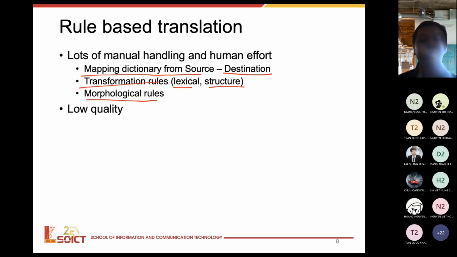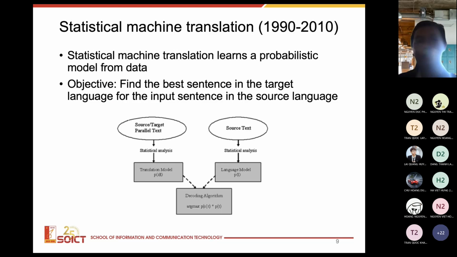And one important thing to remember about this approach is the overall quality of the translation system is not as good as human translation. It has a lower quality than normal human translation, right? Despite a lot of effort put into these methods, the most powerful translation system built with this method cannot achieve a good performance in comparison to human translation, right? Okay, so